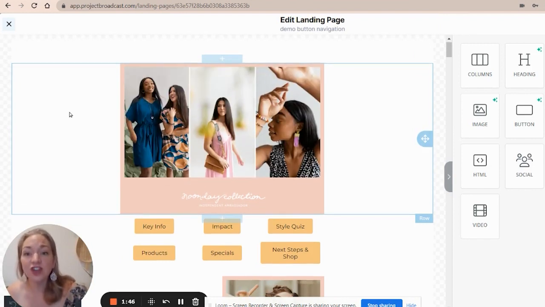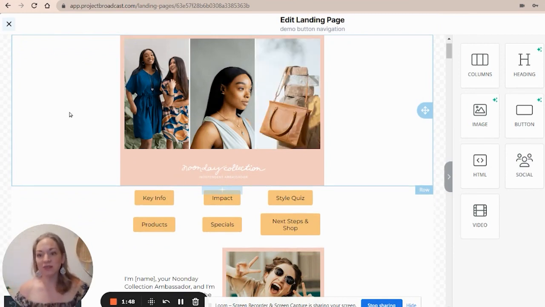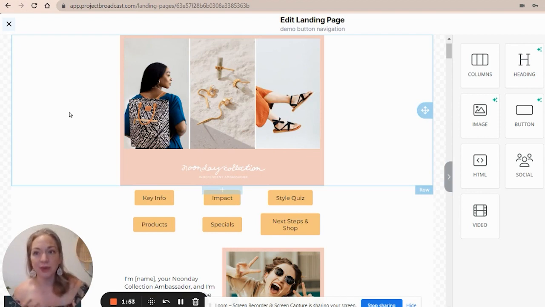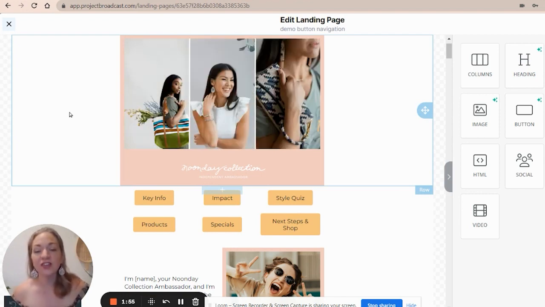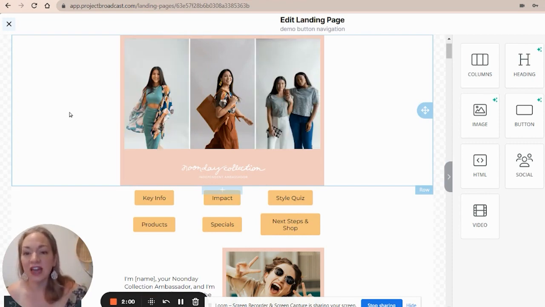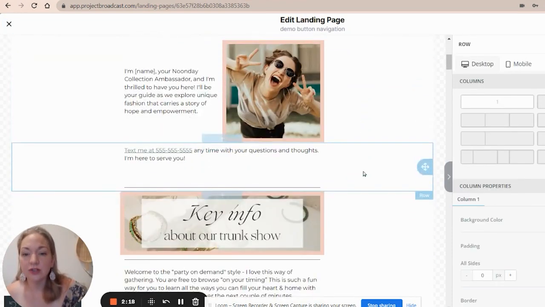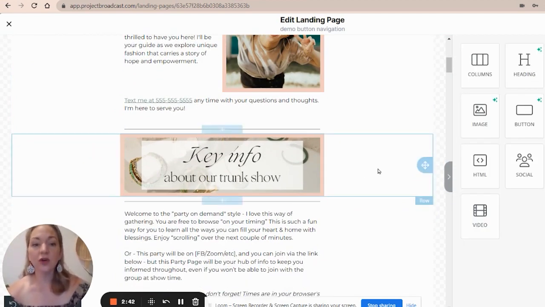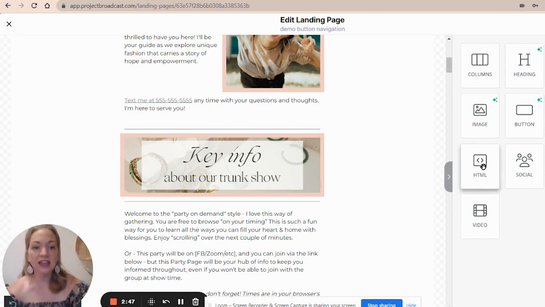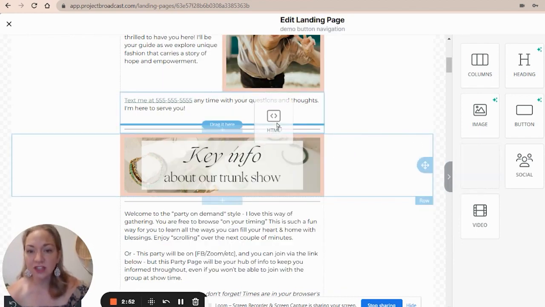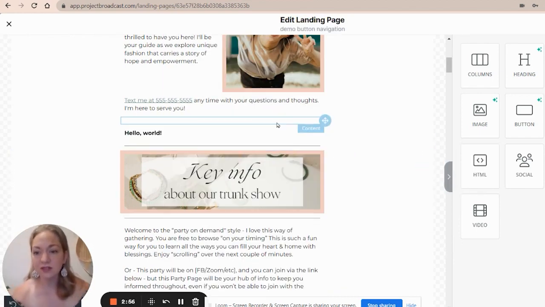Now, the first job that you'll have before you is just the decision of where you want these buttons to go. Do you have maybe 3 to 6 areas on the page that you want to navigate people to? Once you've identified an area, you need to go to that area. I've identified here's where I want the viewer to go. So I'm going to go over here to the content blocks that I have as options and add an HTML block. Wiggle, drag it onto my page, and I'm going to put it just above that little divider.